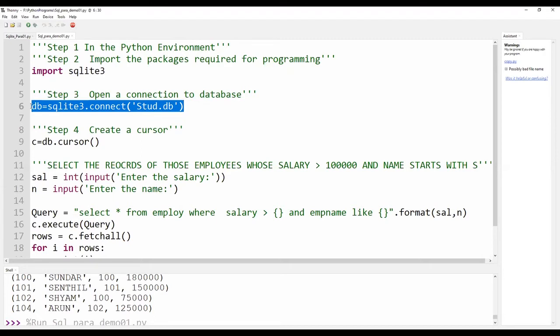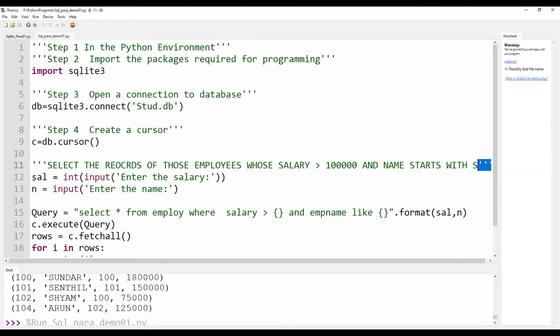The fourth step is to create a cursor, a workspace environment. I am creating the cursor using the statement c is equal to db.cursor. The database data gets uploaded there in c. Then here comes the parameterized query. I am trying to get two inputs: one is sal, the other one is n.